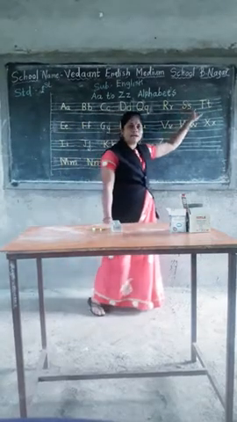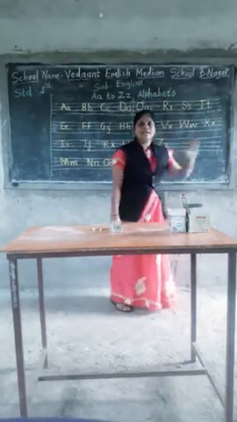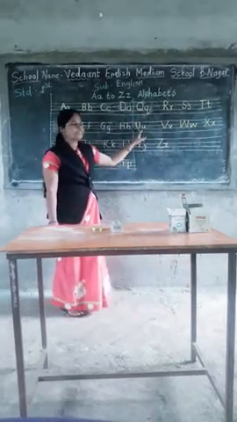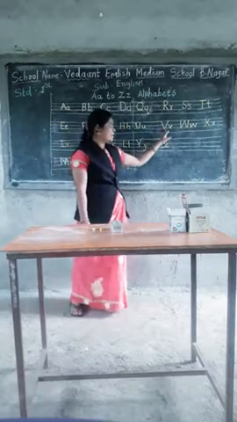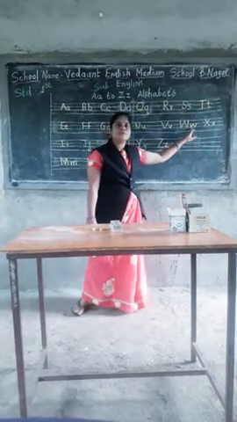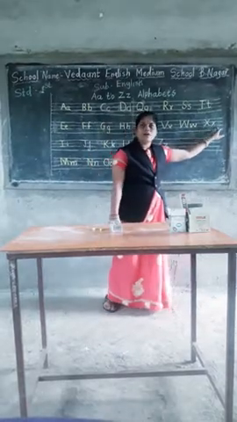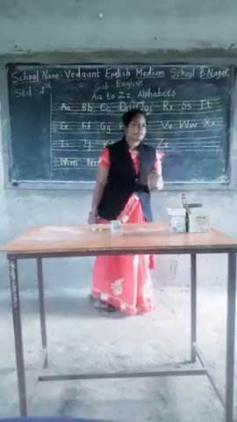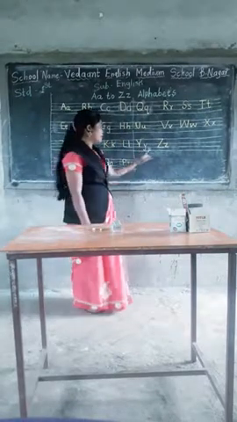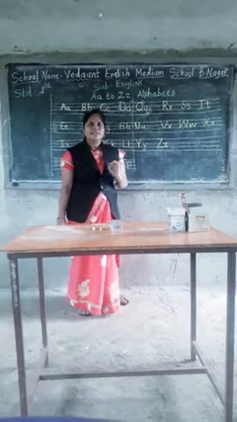Capital S, small s, says s. Capital T, small t, says t. Capital U, small u, says u. Capital V, small v, says v. Capital W, small w, says w. Capital X, small x, capital Z, small z, z says z. Okay, in this way you write the